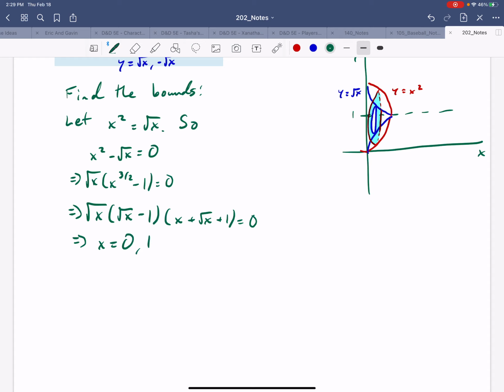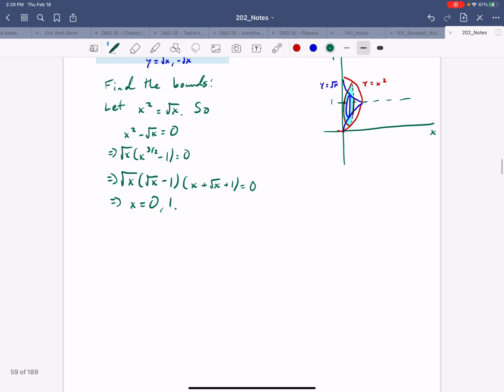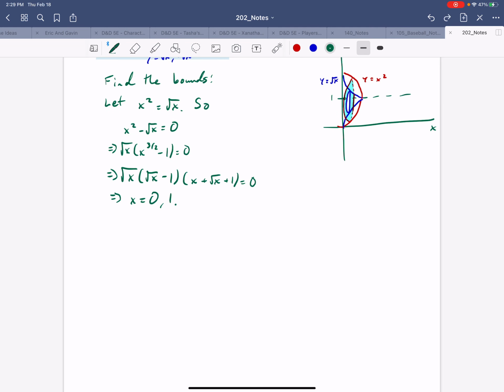Again, if you had a good drawing or if you've just seen this stuff before, then you probably could have intuited that. But I do need to see some kind of equality like x squared equals root x to get full credit on that, okay? So, moving forward,